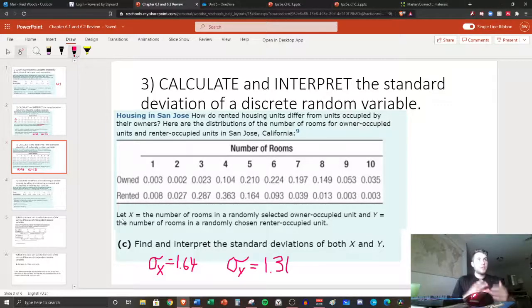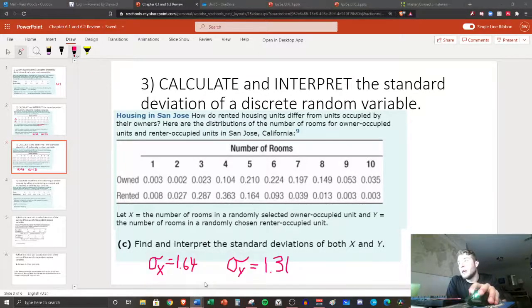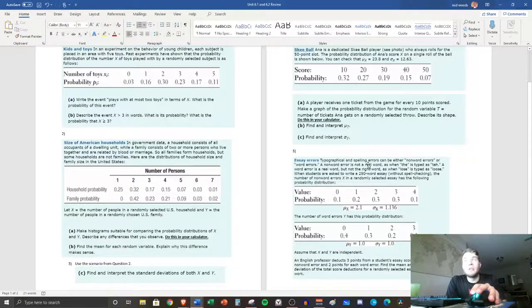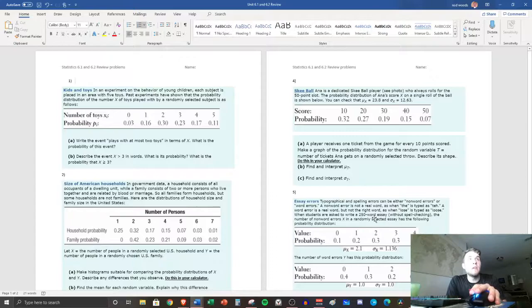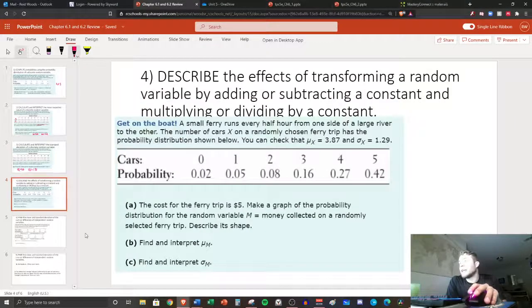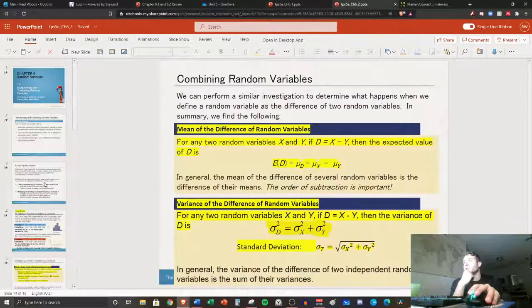Now we're going into transformations. We've got two more problems. So right now, what that helped you with was these first three. Now we're going to these next two over here. So let's go ahead and look at that. So we're talking about transforming a random variable by adding or subtracting a constant and multiplying or dividing by a constant. Okay, so we had all these rules that